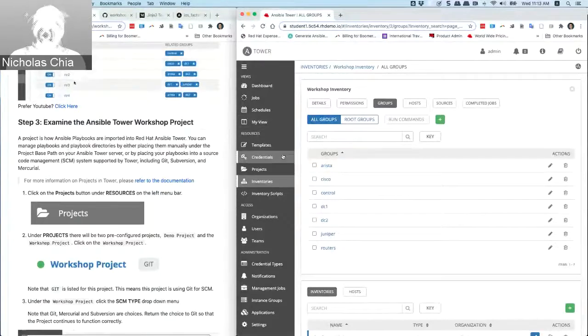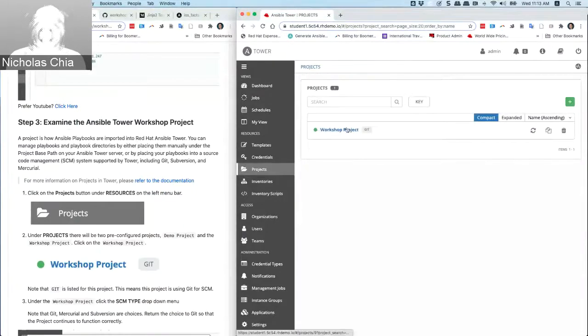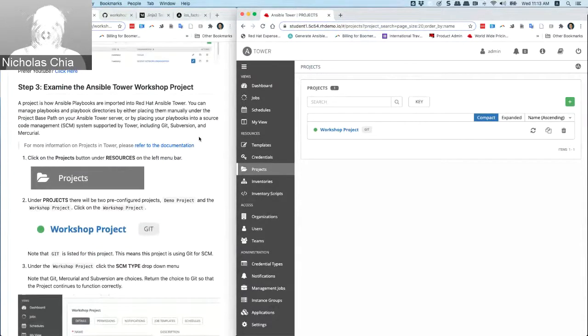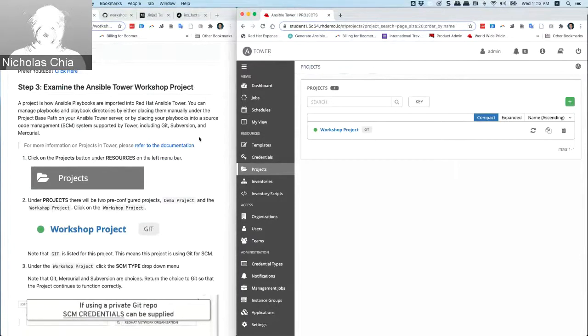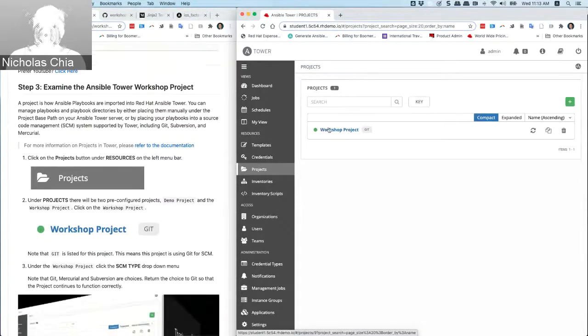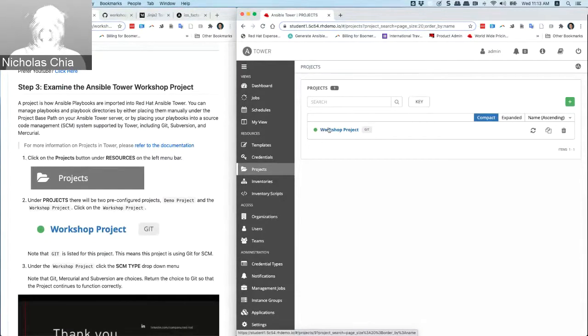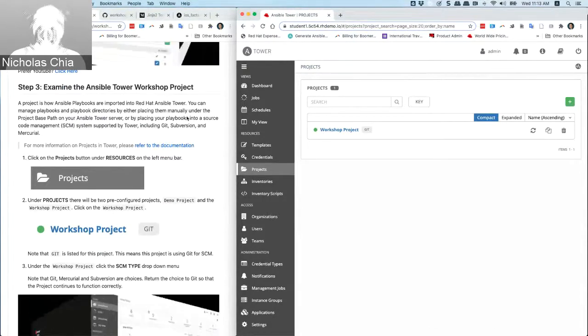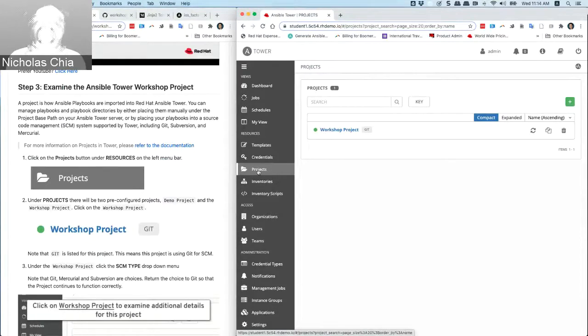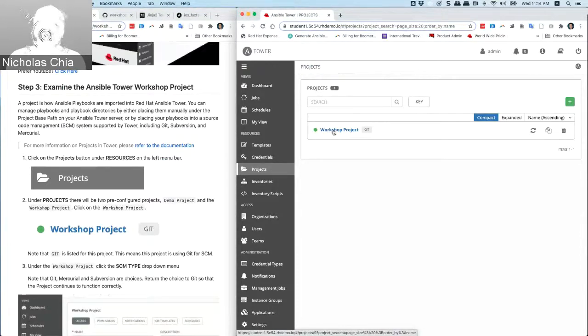Down here, next we examine the projects. Okay, and this is our workshop project. Workshop projects are how our Ansible Playbooks are imported. Down here, we store all our playbooks as projects, right? Within the projects, there's one playbook, and projects also keep our credential and various other items as well, which I will show you in a while. To go to projects, you just go to the left side of the menu, click on projects, and you will get into the